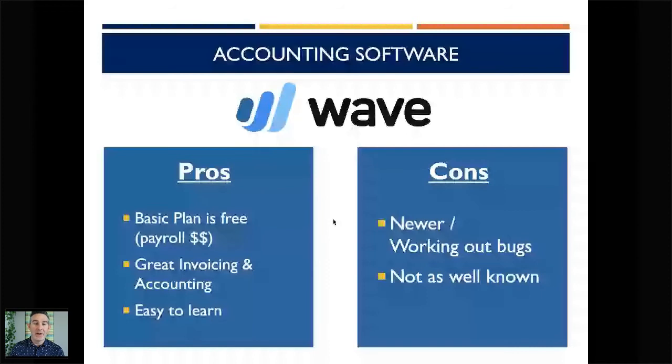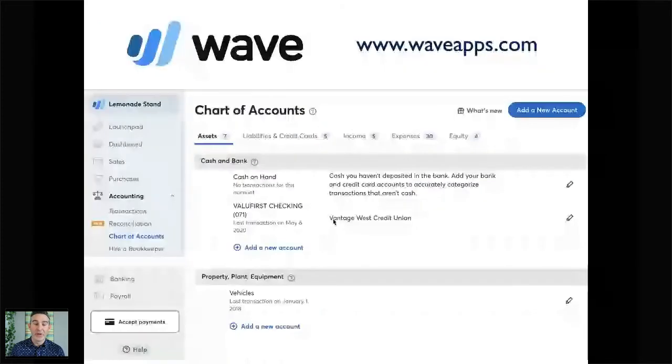So with that said, I'll show you this both in Wave and QuickBooks really briefly. It'll look similar no matter what software you use. So you're going to find your chart of accounts. In this case, we're looking at assets, and I'm just going to use an example here for you.